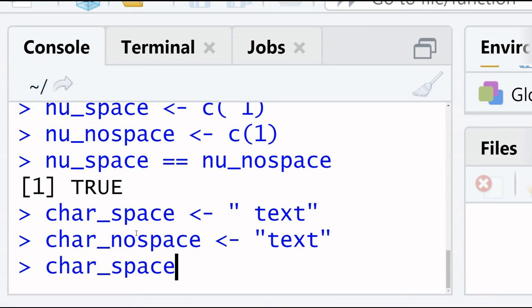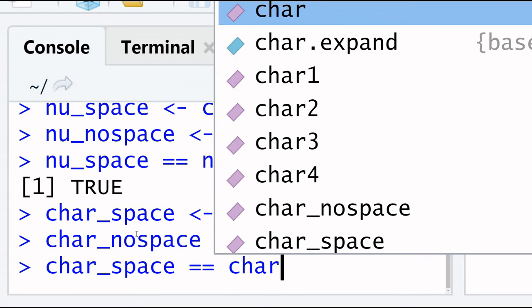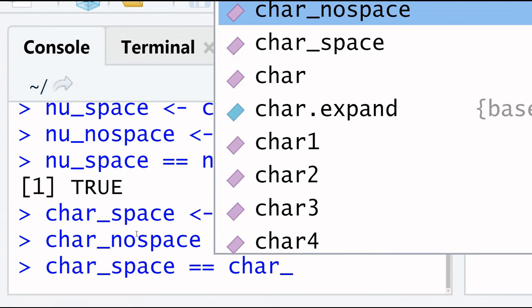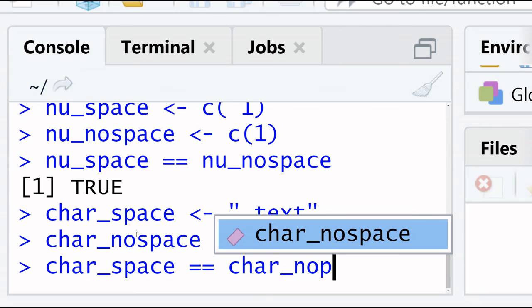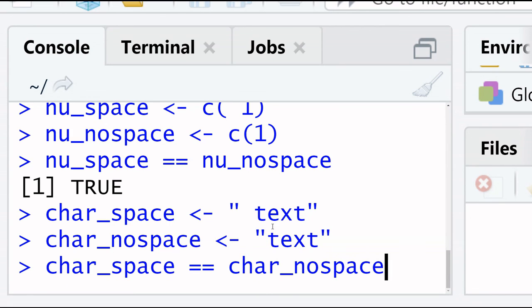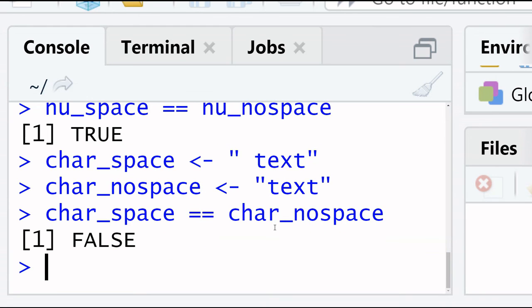Then character underscore space is equal to character underscore no space, enter. False.